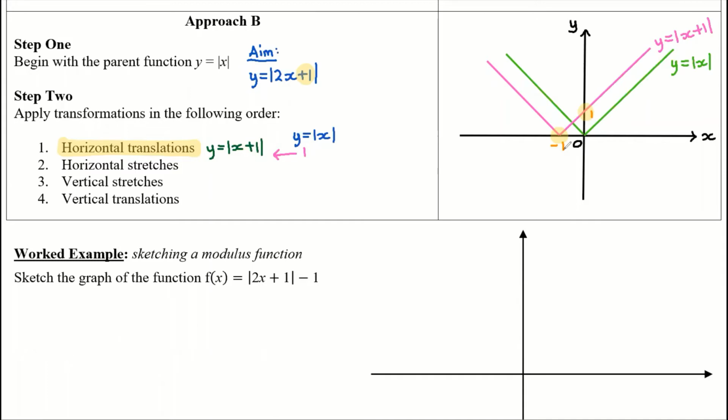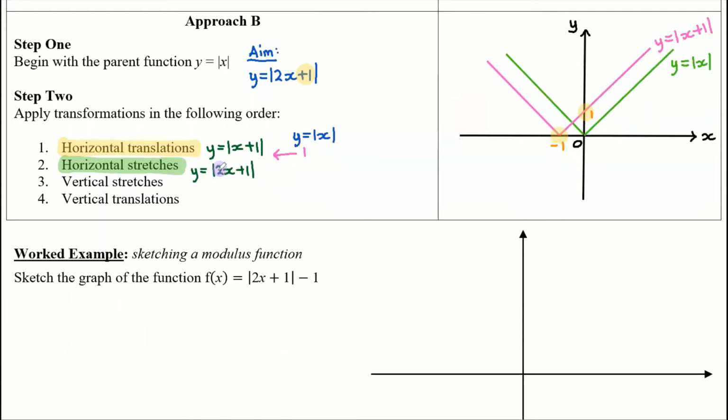Now then, the next transformation we're going to perform is the horizontal stretch. Now, there is a horizontal stretch. There might not be, but in this instance there is. So the horizontal stretch, this is where we multiply the x variable by 2. So what's that going to do? Well, that's going to give us the function that we want. So this will give us y equals the modulus of 2x + 1. If we do that, and if we're multiplying by 2 inside the function,